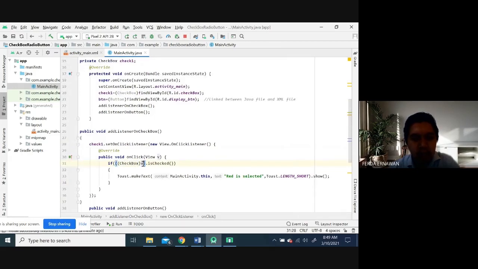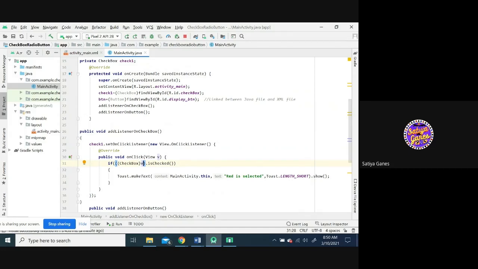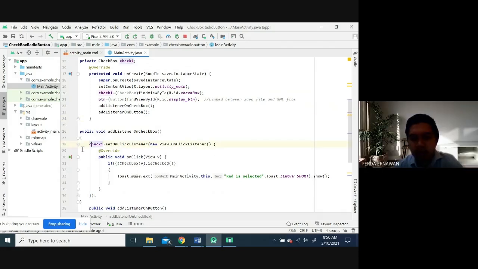Okay, and let's say I add another checkbox. So you can see the different checkbox. Because check one is already mentioned here, can you see here, check one, and this is the inside.